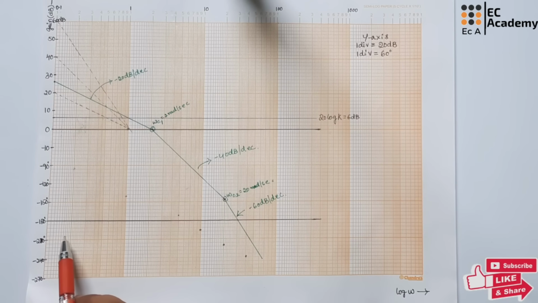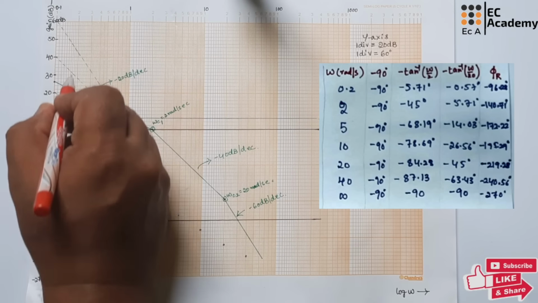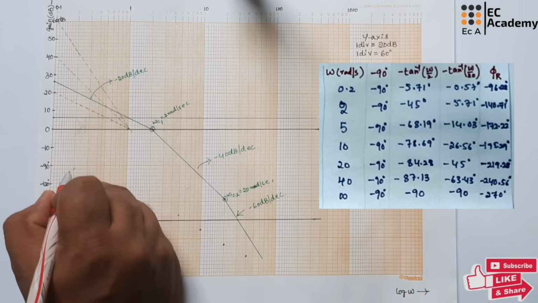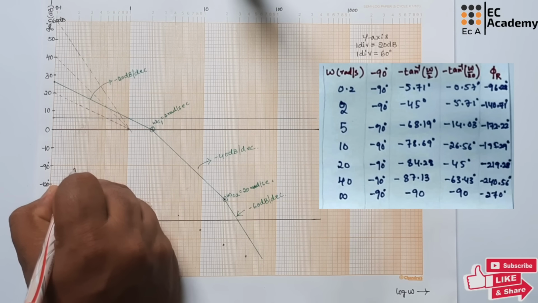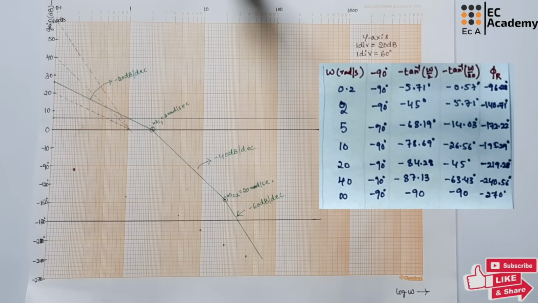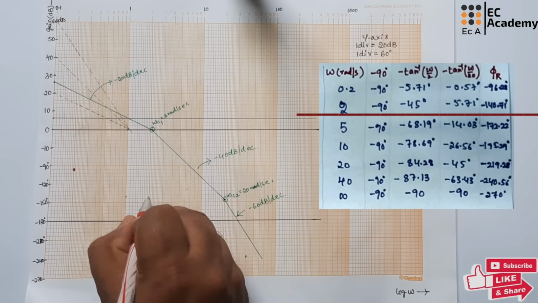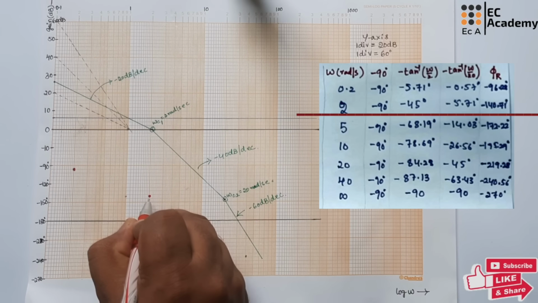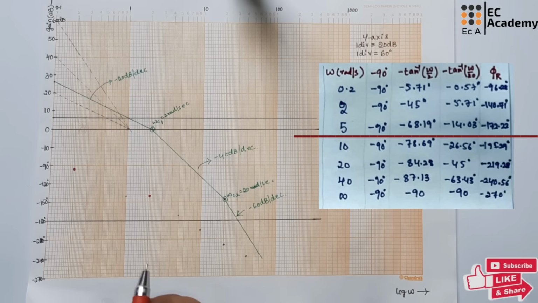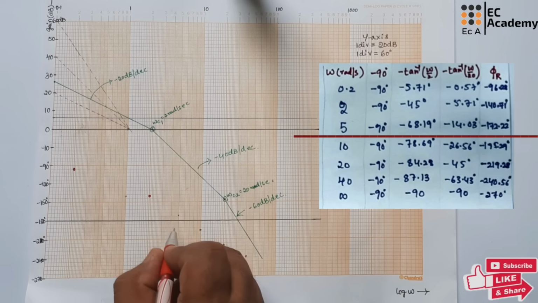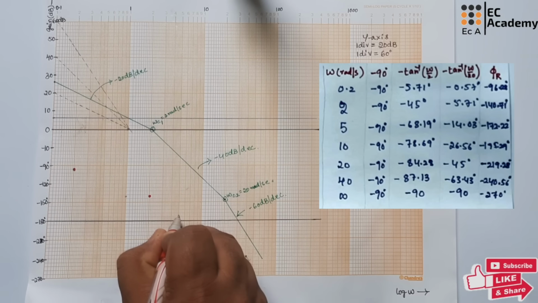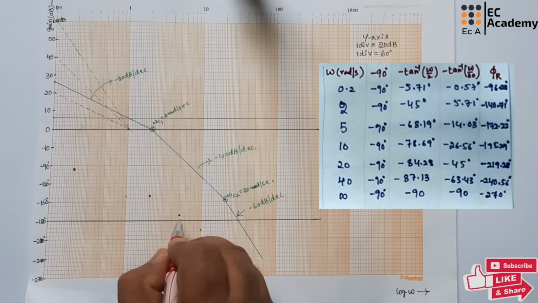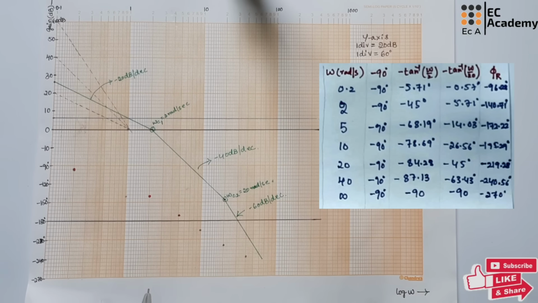Now let us plot the phase. For 0.2 radians per second, we had the angle at minus 96.28 degrees, so around minus 96 degrees. Then at 2 radians per second, it is around minus 140.71 degrees, and at 5 radians per second, it is minus 172, somewhere here. So this is 5 radians. Correspondingly, it is minus 172.